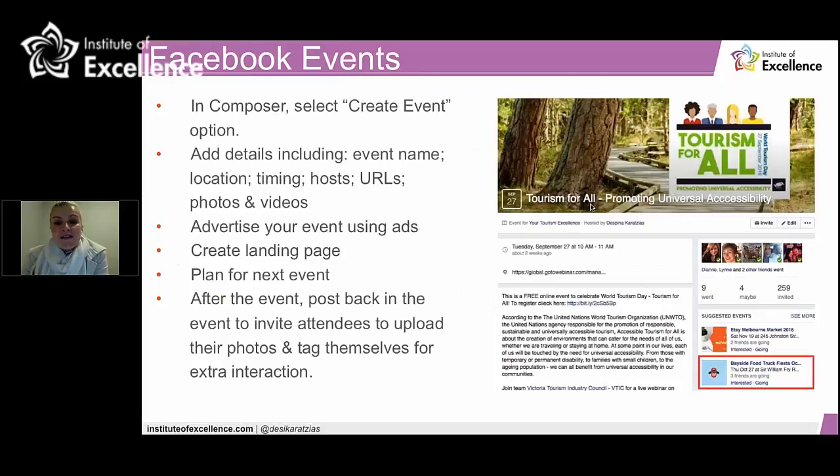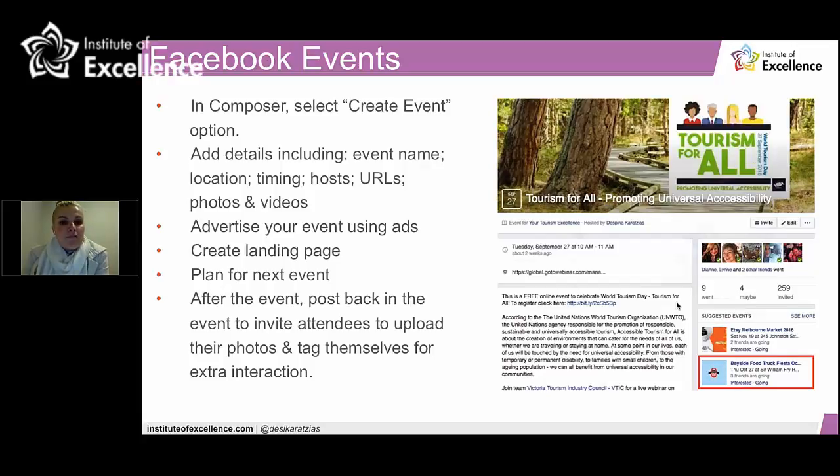Facebook events is another one. It's a really, really great tool to get your events out there. If you organize any type of event for your business, or if there's a local event that you want to help promote that is also mutually beneficial to your business, why not create an event? It's like creating a mini business page within your page. This one in particular I had done within a group, but if you create an event, that's something else you could add within, remember, your social media content mix.